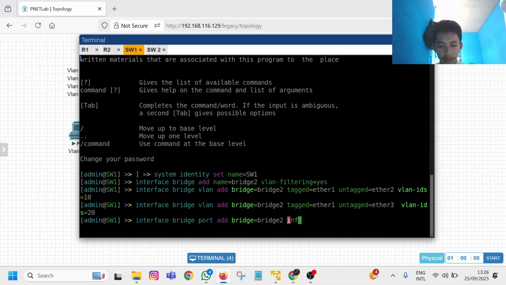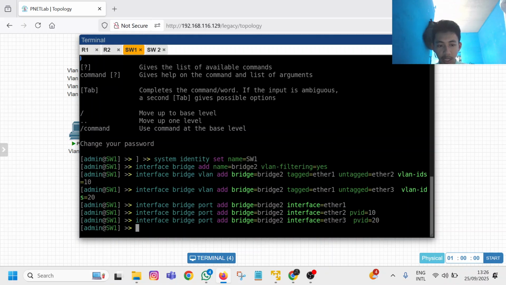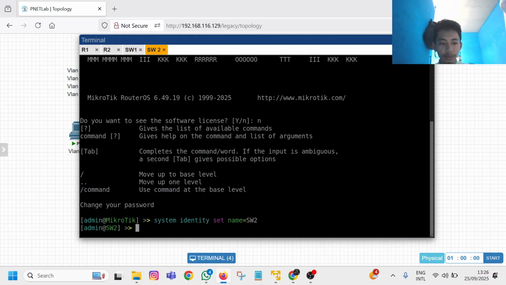On interface, insert Ether 1 to make the internet. Ether 1. Also now for Ether 2 and Ether 3, for the VLAN, click on the PVID and set it to the correct one, which is 20 on this Ether. Now it's good. Go to the other switch to make the same.